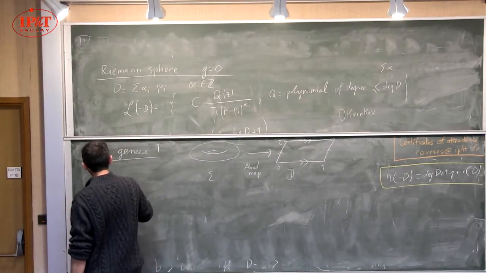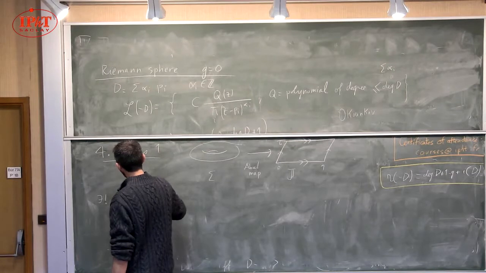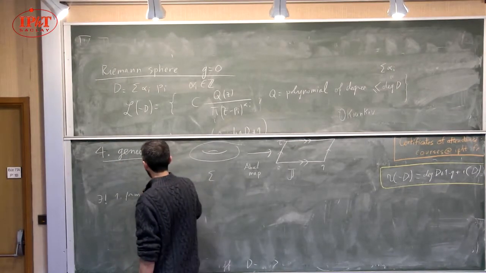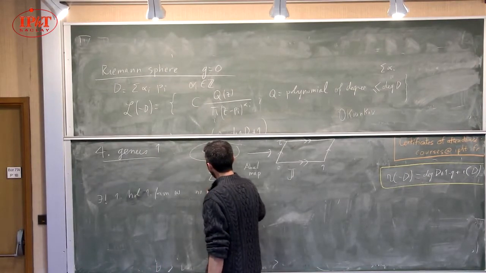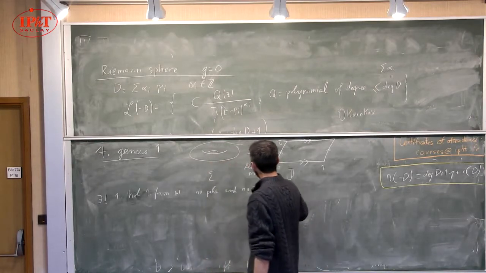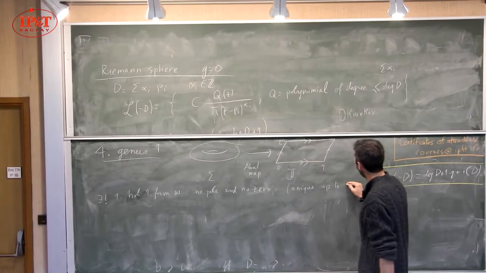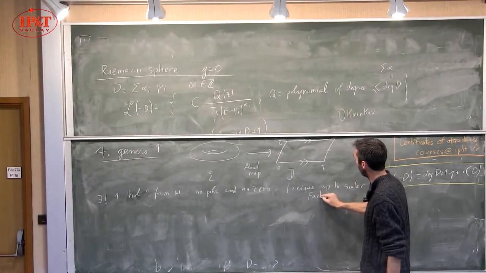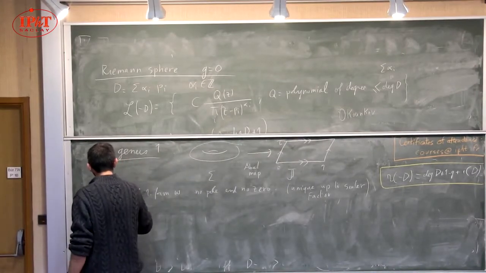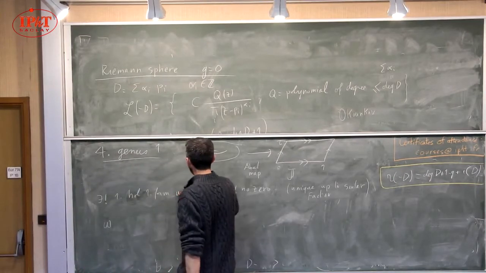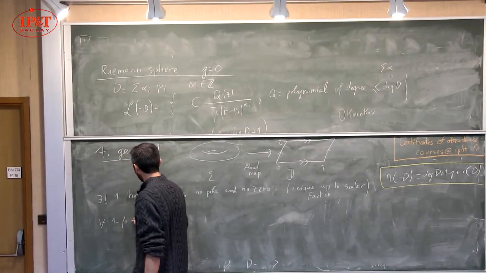What we shall use is that there exists a unique one form, a holomorphic one form, omega, which has no pole and no zero, and unique up to scalar factor. Which means that whenever you have a one form, sorry, let's call it omega 0. Whenever you have a one form, so for every one form omega,